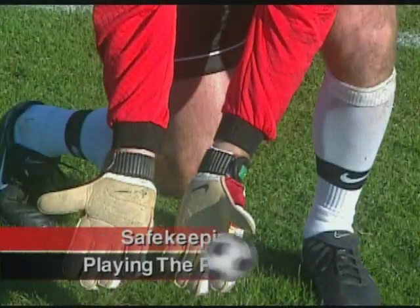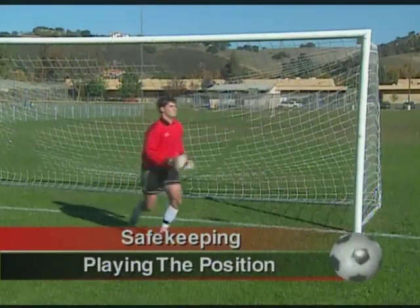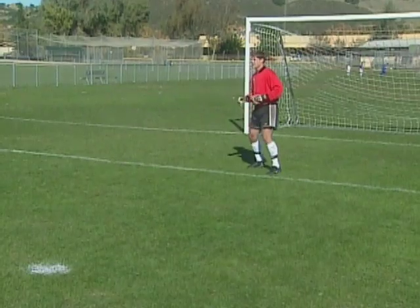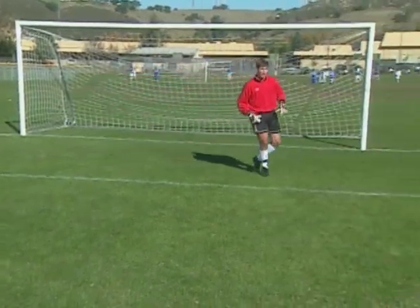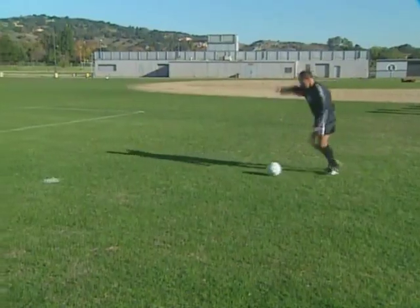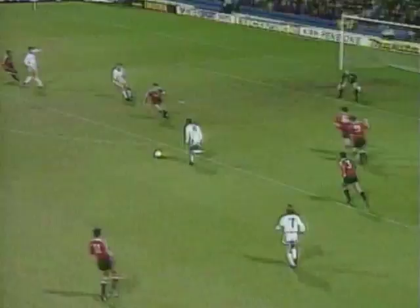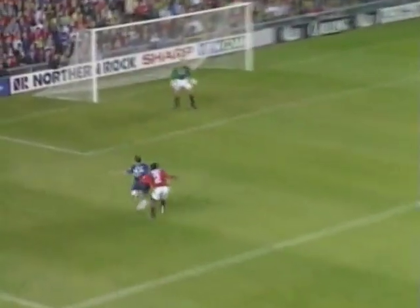In the early part of the video, we looked at the 10 key principles of goalkeeping, and these should always be kept in mind, both as a goalkeeper and as a coach of goalkeepers. The secret of successful goalkeeping is to know your own strengths and weaknesses. A goalkeeper 6 feet 5 tall would play the position differently than one at 5 feet 8. So bearing that in mind, let's look at some of the subtleties and nuances demonstrated by our professional goalkeepers involved